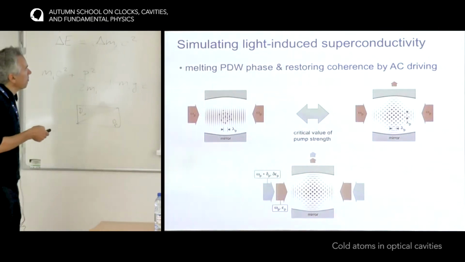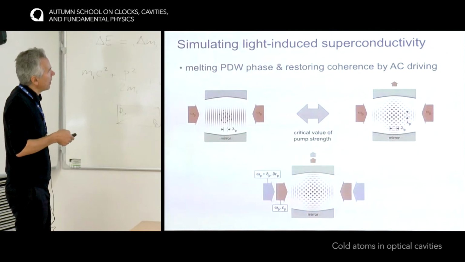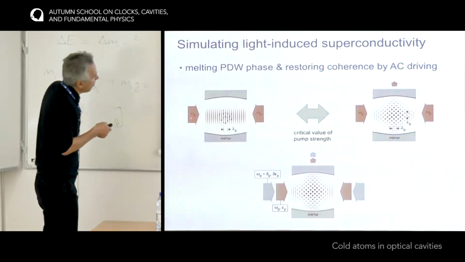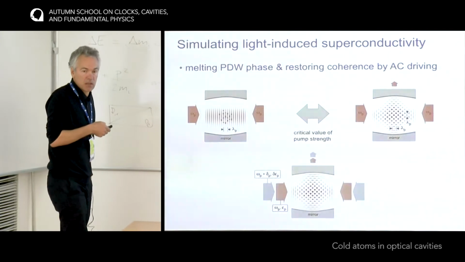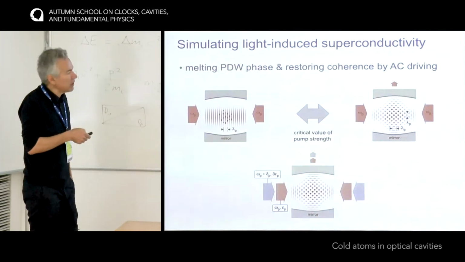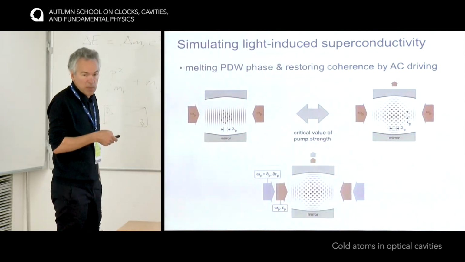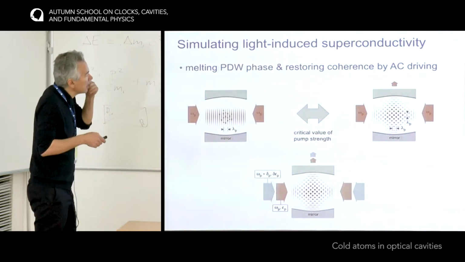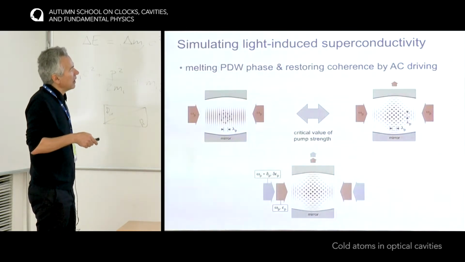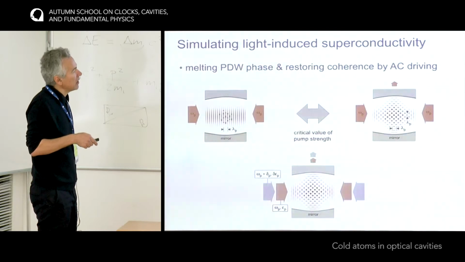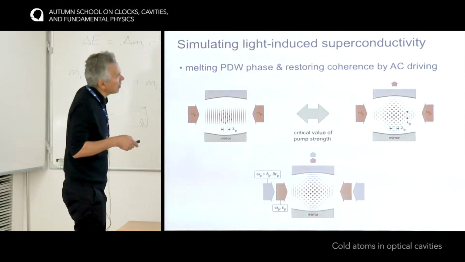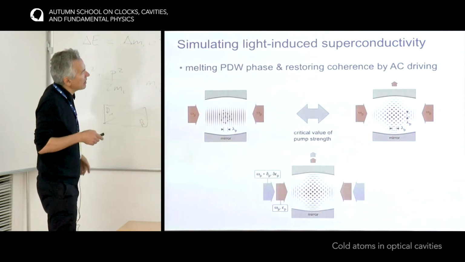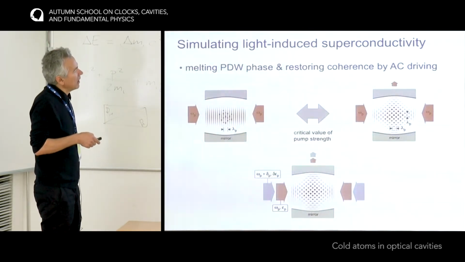And just to remind you, what that meant was that we have a bunch of atoms between two mirrors. We pump them with a standing wave. And if we crank up the power above a critical value, then something dramatic happens. All of a sudden, scattering becomes possible, initiated by some fluctuation, and the scattering builds up a light grating as well as a material grating that are commensurate, in the sense that the light grating supports and stabilizes the matter grating, and the matter grating again leads